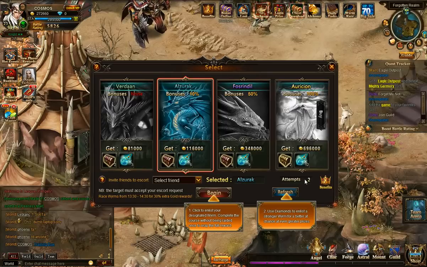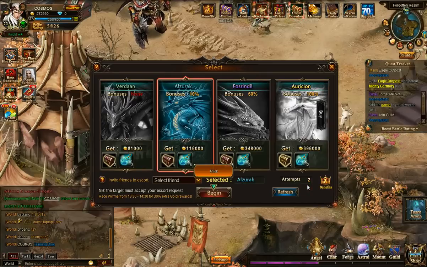So you get 2 daily attempts to refresh, and of course it's a good idea to do that, because if you refresh one time, basically the chance that you end up with a very bad dragon is very low. But there's a chance that you end up with a better dragon. So you should always use your 2 attempts, and that is also connected with your levels. So I'm not gonna do that right now, but also there is a kind of a thingy here that